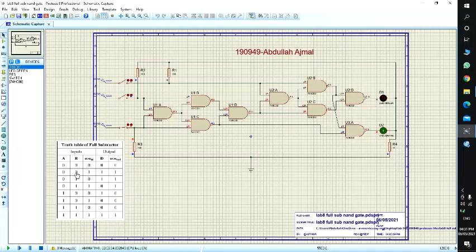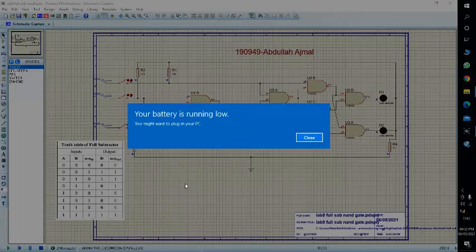Now let's make everything 0 and carry 1. Both of our LEDs are working. Now everything 0. None of our LEDs should work. So none of our LEDs are working.